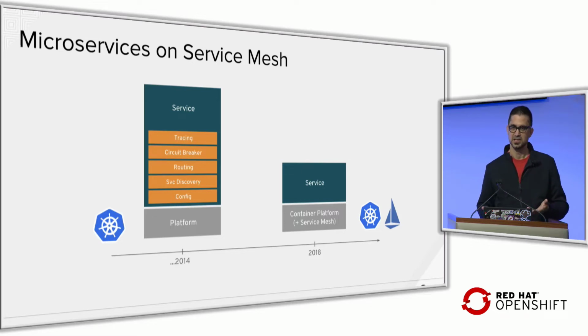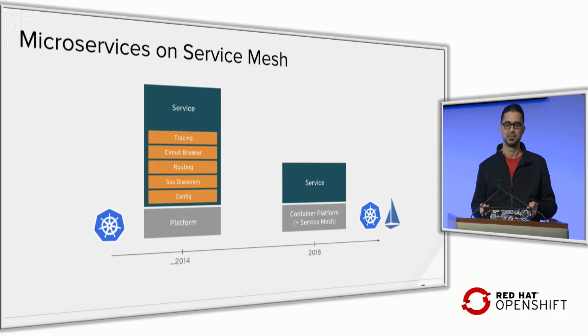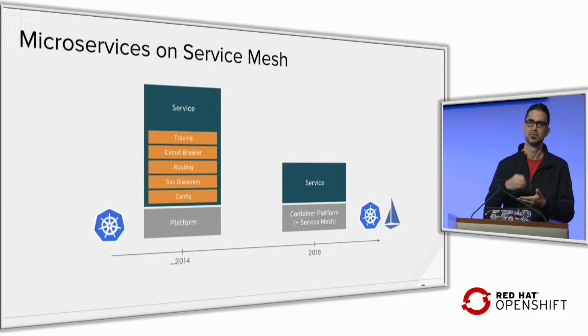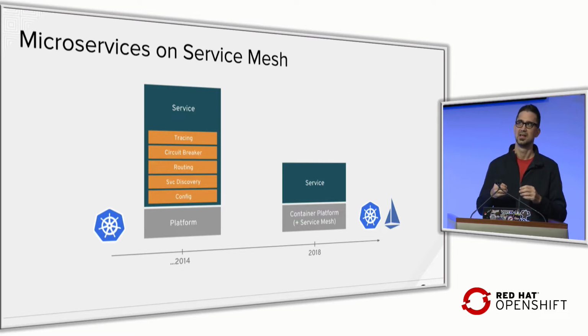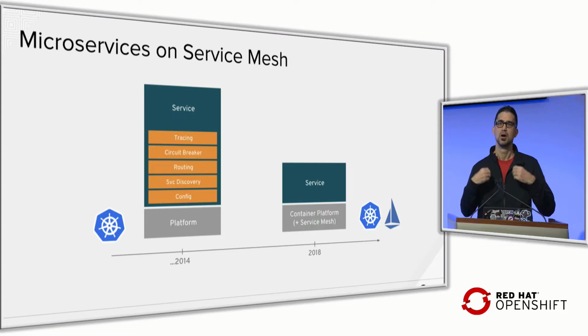And here is where the service mesh enters the stage. Okay. The idea is that in the past, we needed to populate or deploy our services with these old frameworks. And the idea of the service mesh is to provide, like in our container platform, to provide to OpenShift an extension that can deliver all these features in a really transparent way.